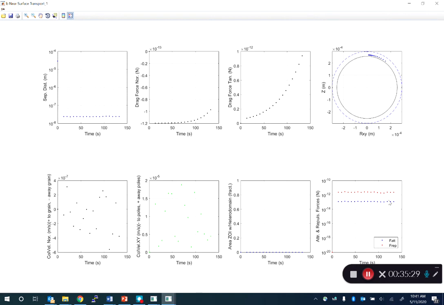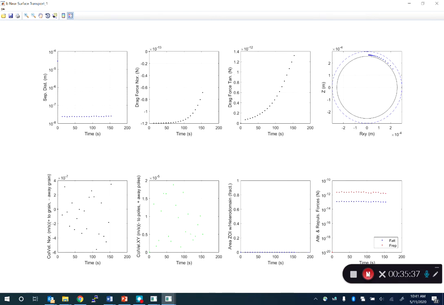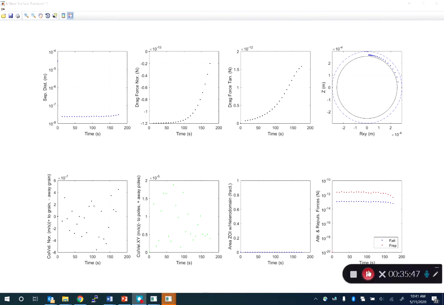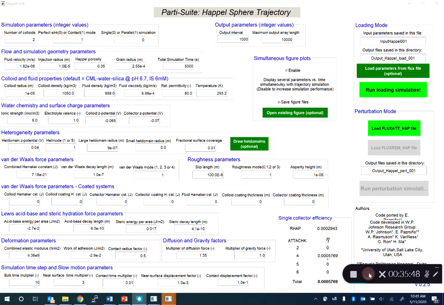Okay, now I should have found a heterodomain by now, so I'm not sure what's going on here. Okay, I'm going to pause this and figure out why. Okay, so the 600 nanometer radius heterodomain wasn't big enough in this case, so I've now made it a 900 nanometer radius. Going to run that simulation